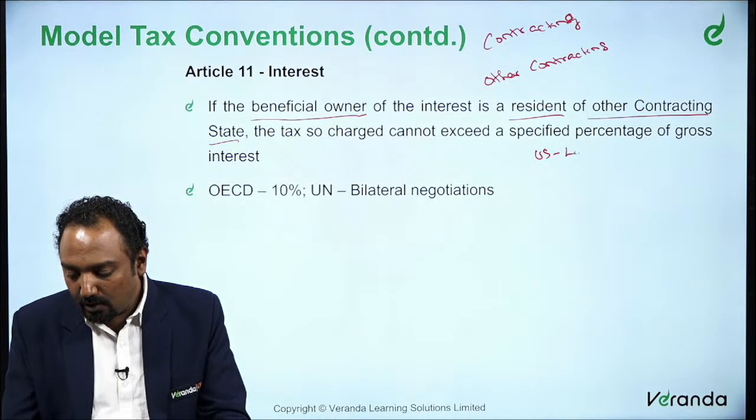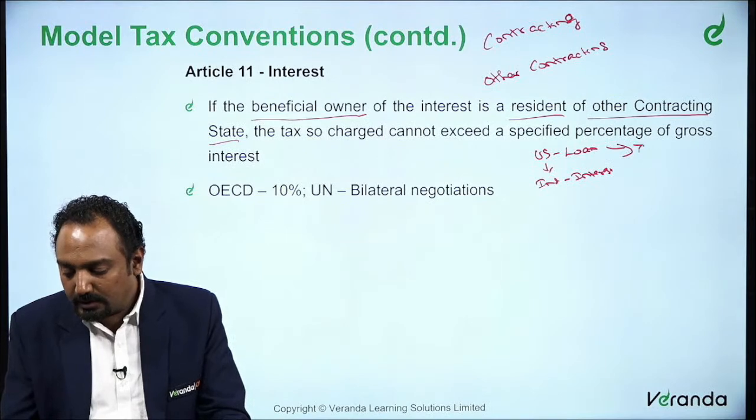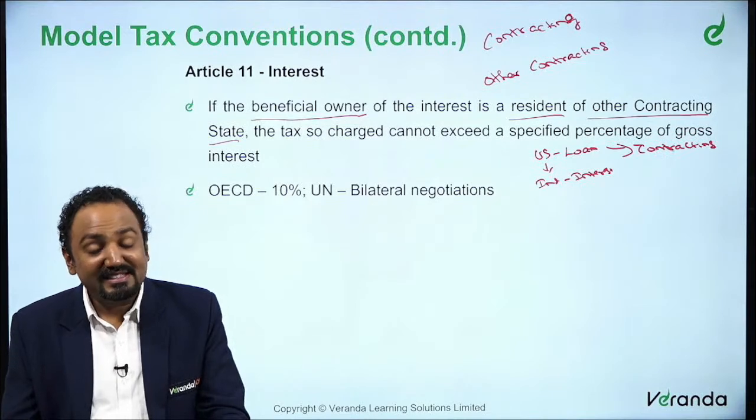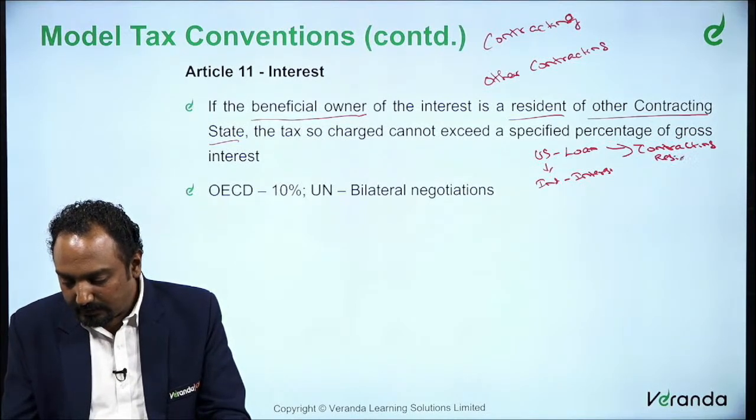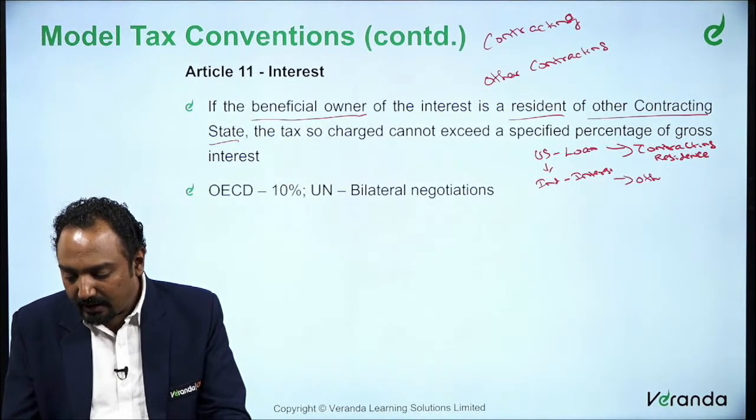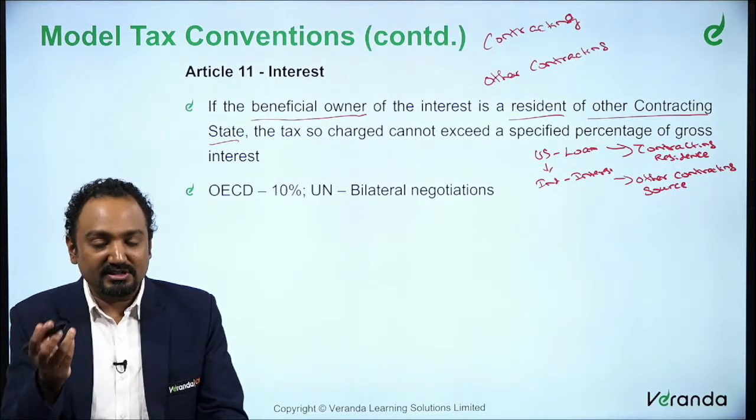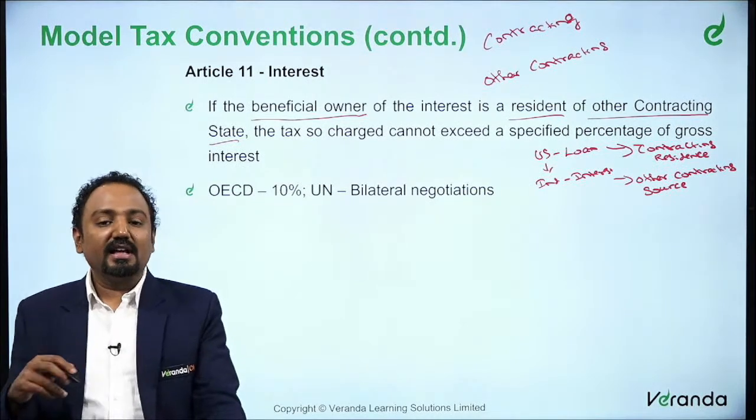US is lending a loan to India, who's paying interest, right? Now US becomes the contracting state, that is your resident, right? Residence based. Now India becomes the other contracting state, and here it can be taxed only on source. So in the contracting state it shall be taxed on residence basis, but in the other contracting state it shall be taxed